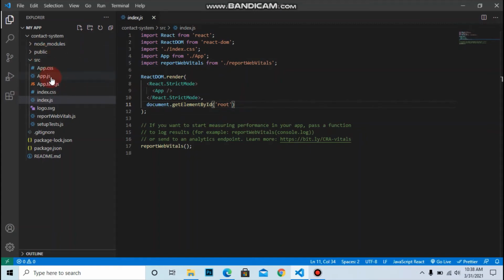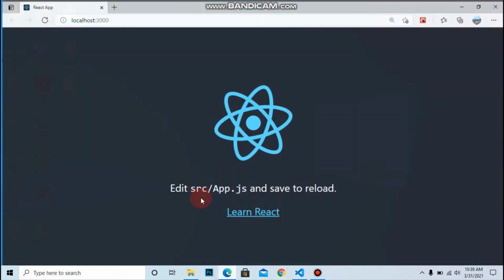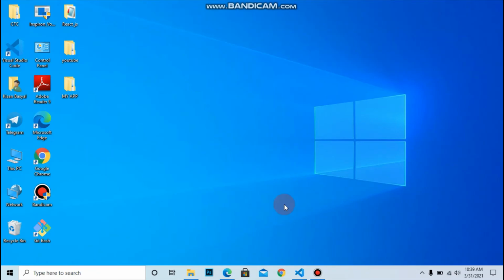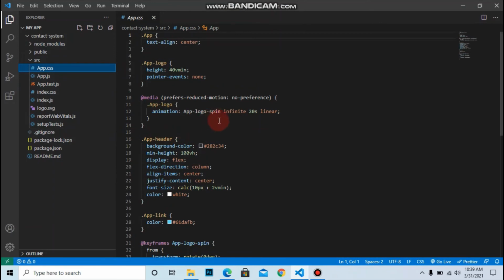Then it contains app.js. In app.js, we write the code that runs in your browser. Then app.css. It is used for styling your app.